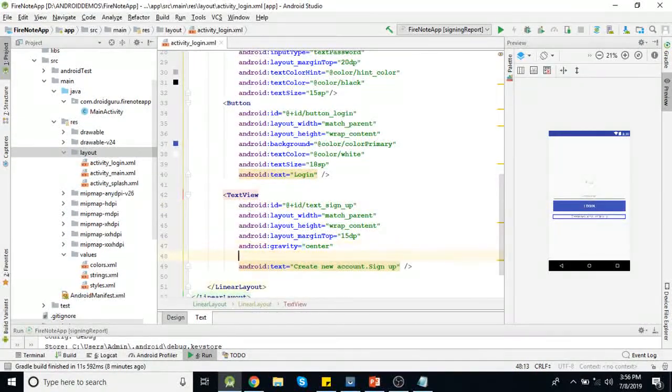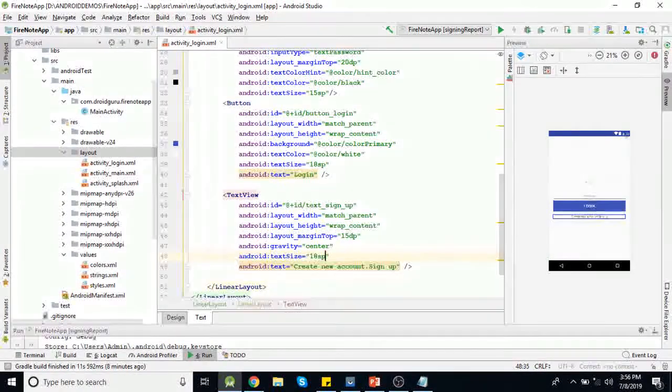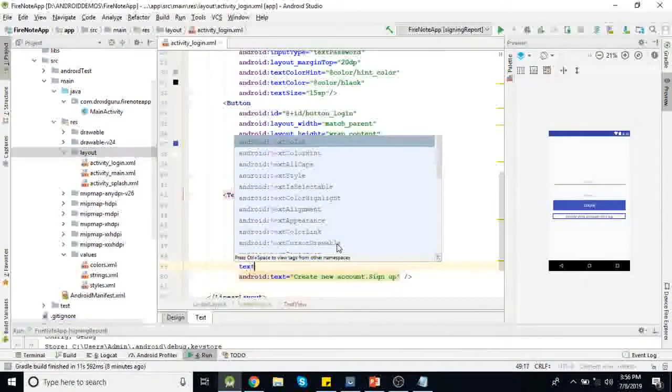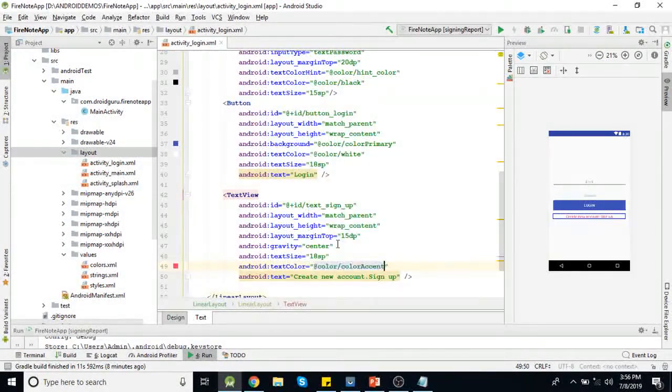Text size will be 18 sp, and text color, let's say this one. So this is our option for sign up. The remaining options we'll add later when we require them.